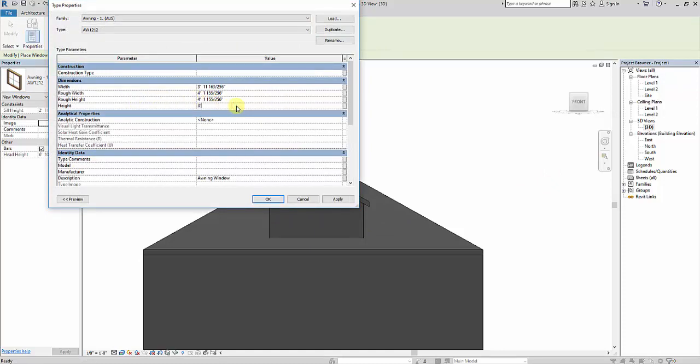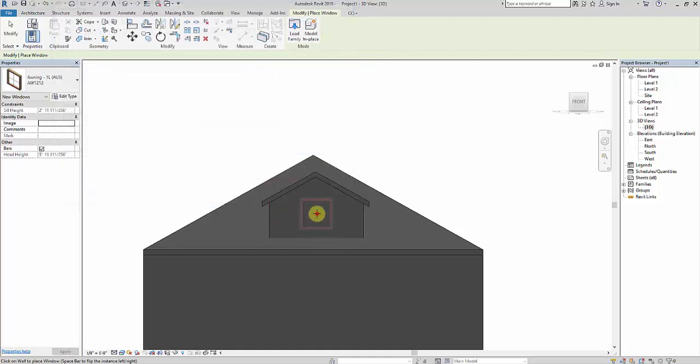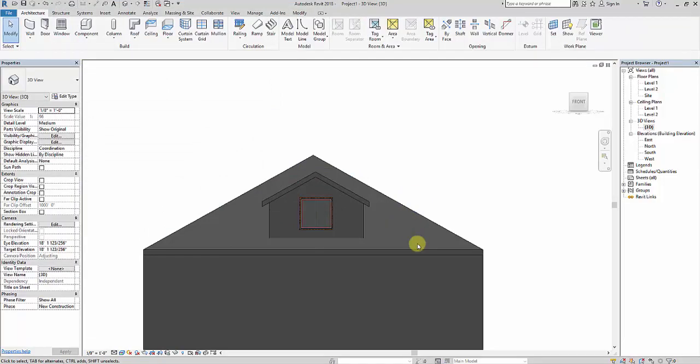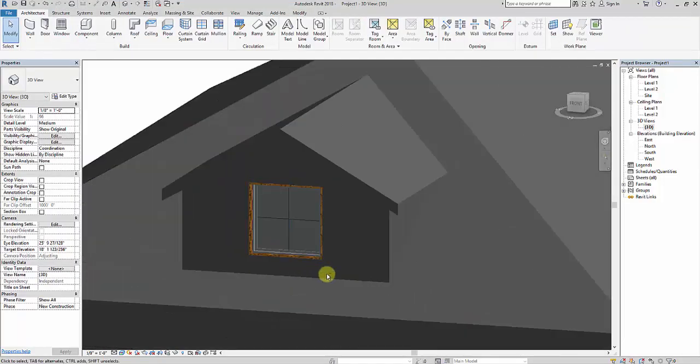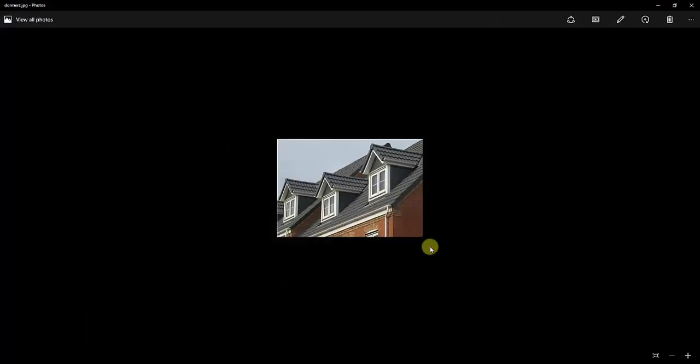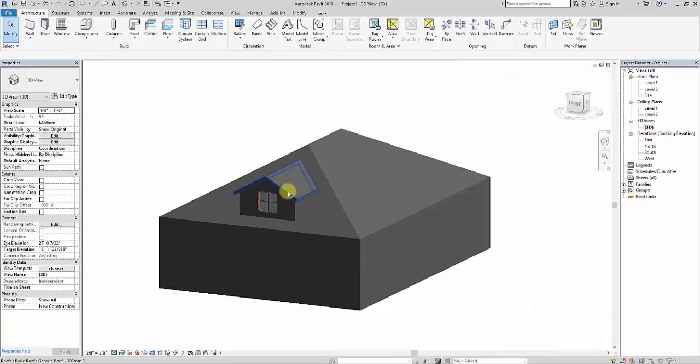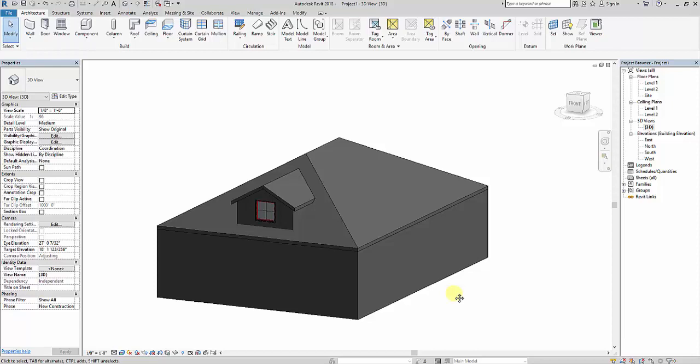Suppose I'll make it 3 feet by 3 feet. I'll take the window and place it here. You can see this is how your dormer window will look. So you can create a dormer window in Revit Architecture like this.